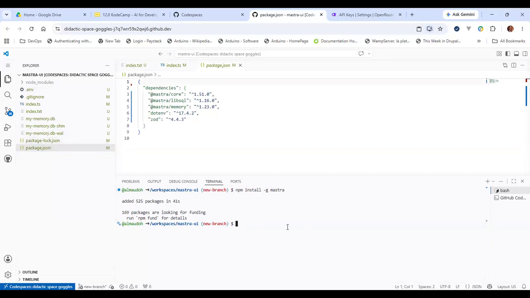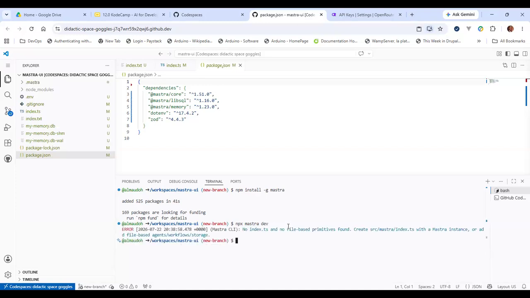Now, if we run npx mastra dev, this is how you start the Mastra Studio. But Mastra Studio is going to look for a folder called src/mastra/index.ts, and in that file, it's going to look for a Mastra instance. And that is what it uses to boot itself up, to configure itself.